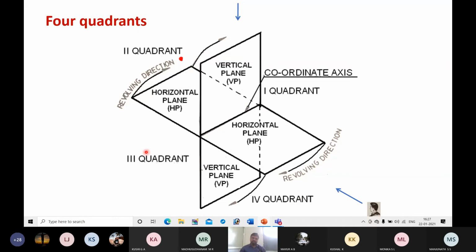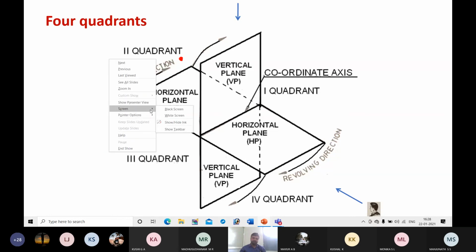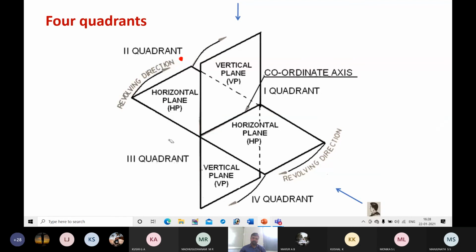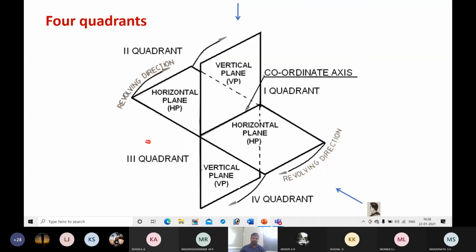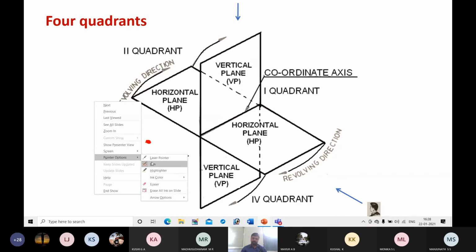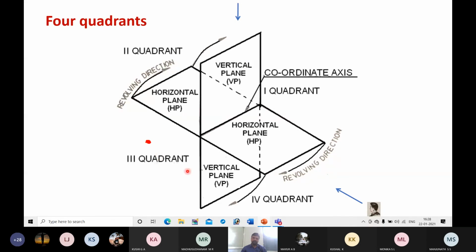So next, if it is kept in the third quadrant, again, what is the relative position? So this is the observer, this is the object.